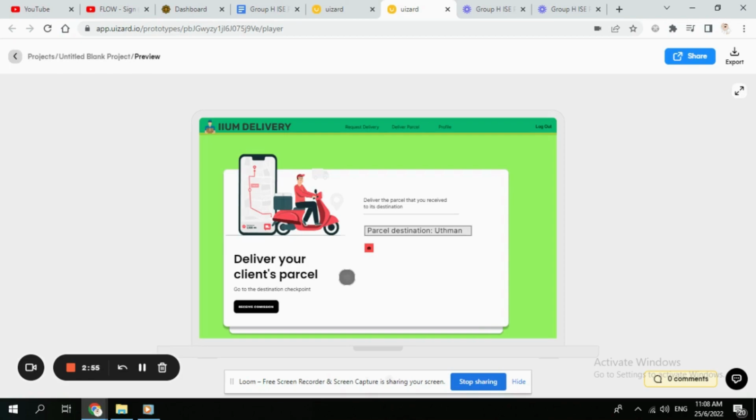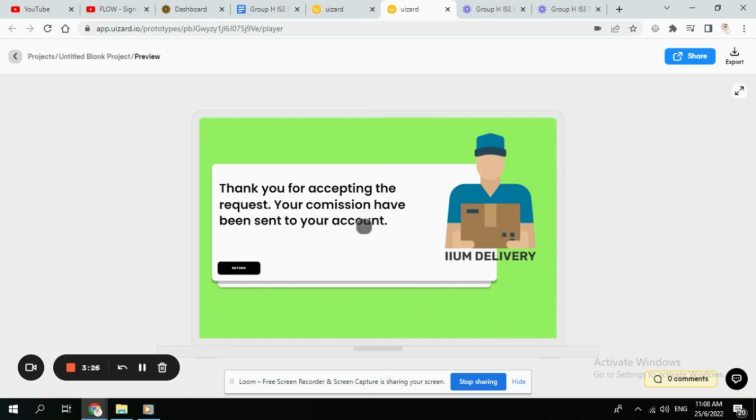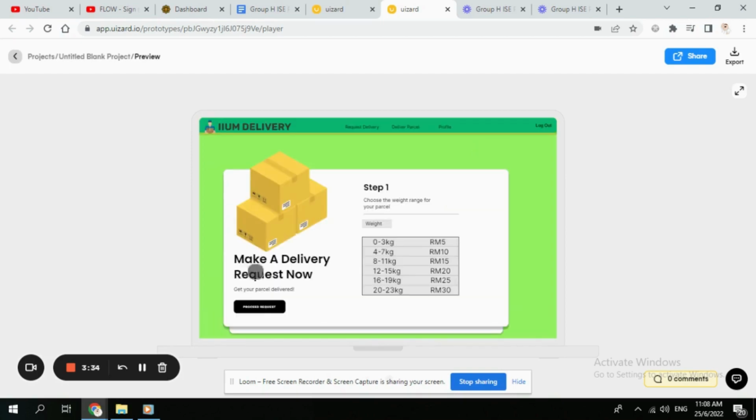And to assure the customer that you have really sent the parcel to its predetermined destination, you can put an image here. And if you have already sent the parcel to its desired destination, then you can push here, receive commission, and then the system will display this message which is thank you for accepting the request. Your commission has been sent to your account, and then we can click the return button, and we will be